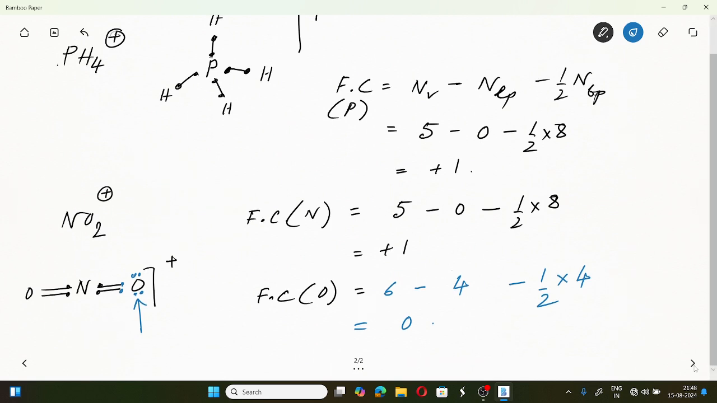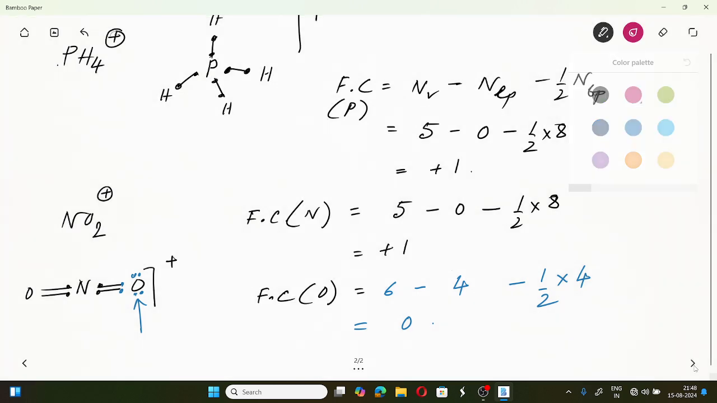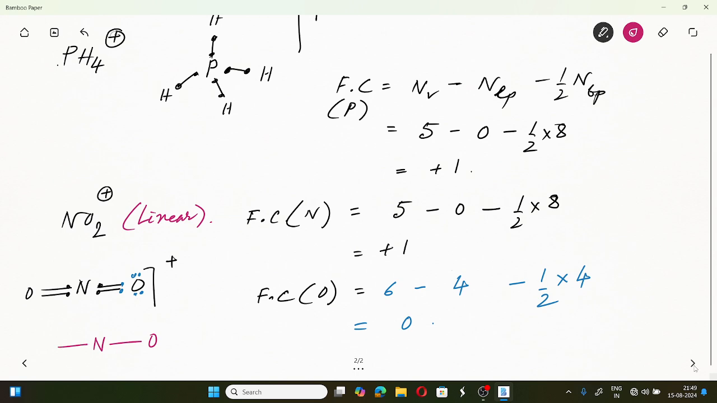Often we can find out the formal charge without writing the actual structure. That means we know that NO2 is linear without writing the double bonds. We know that it is linear from VSEPR theory, and if we just keep it like this and then balance the electrons,